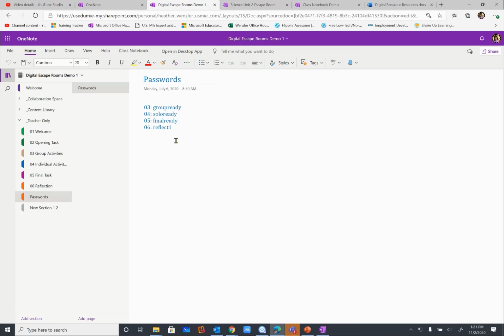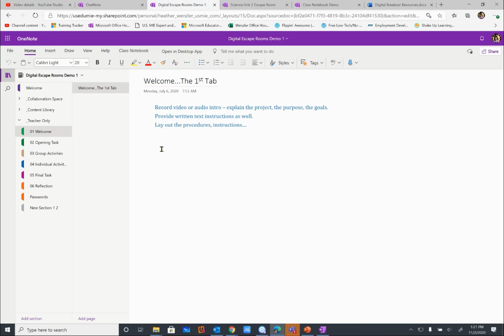Passwords in OneNote are case sensitive. Again, if you lose the password, there is no way to recover the information on that section. So make sure you record the passwords before you try to password protect anything. Speaking from experience here. So again, here at the Welcome tab, this very first tab, this is where I'm going